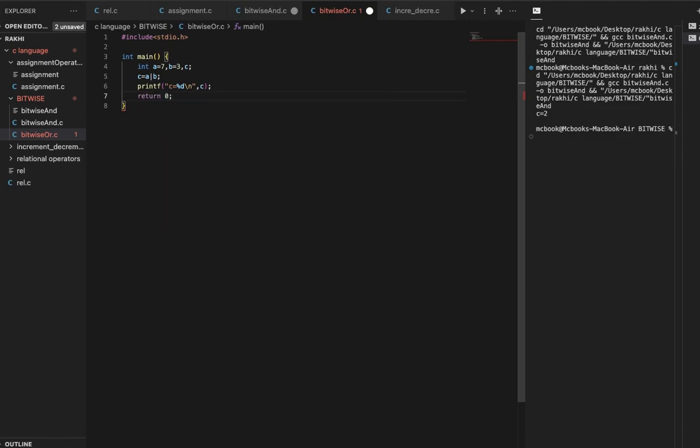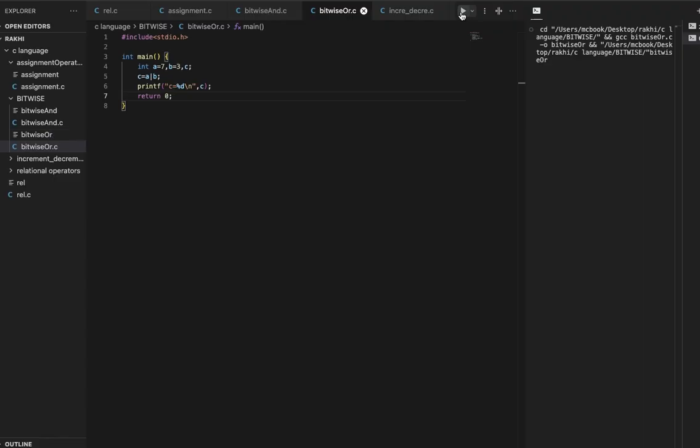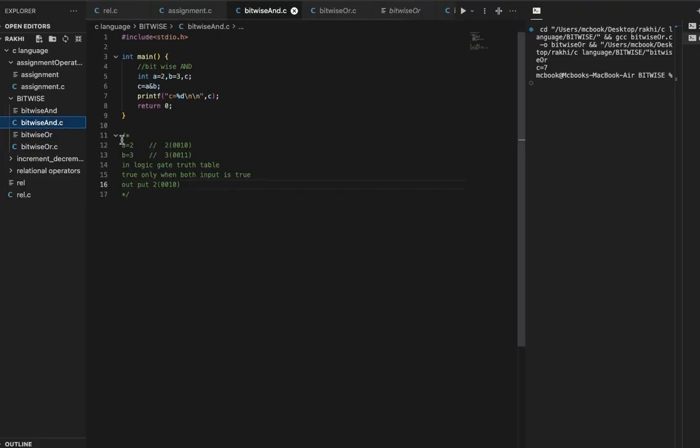This is the logic gate circuit. You can easily understand. At the last, I will tell you the method, and you can understand that. And the output is 7.